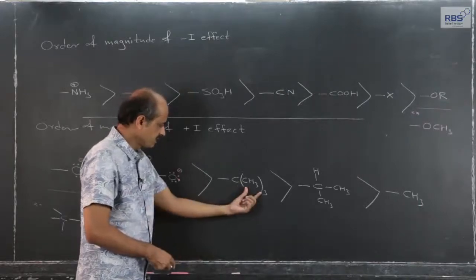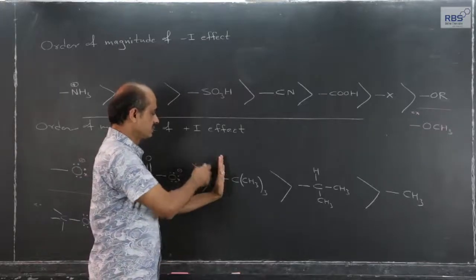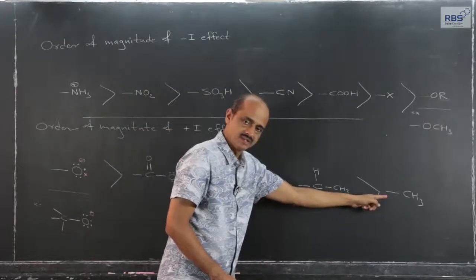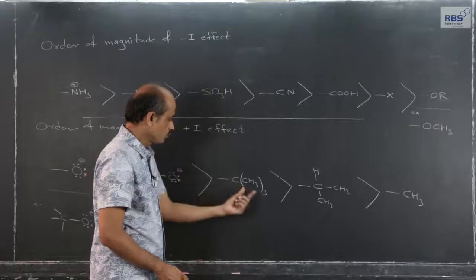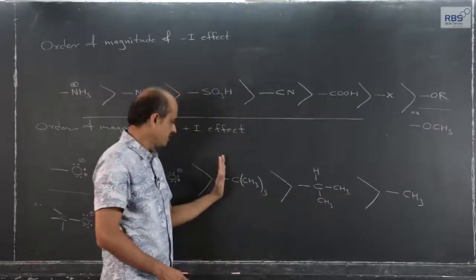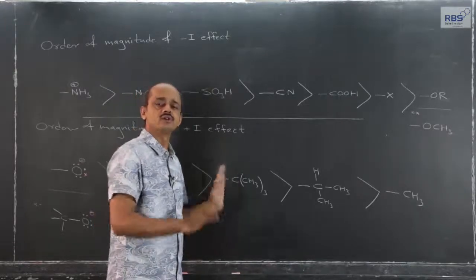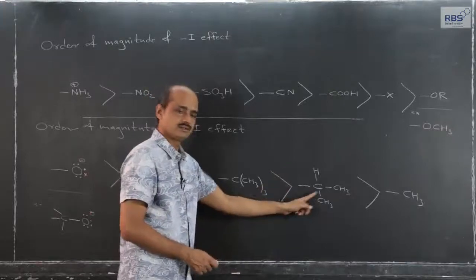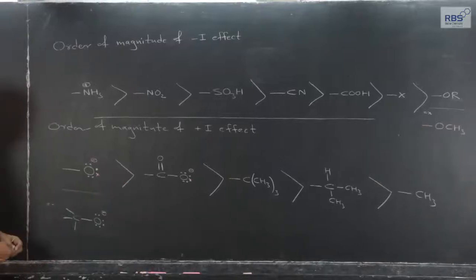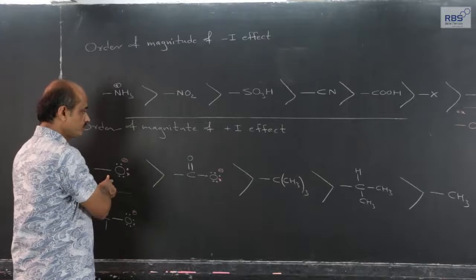This is 3 methyl groups attached to carbon, meaning this carbon which is bonded to carbon in a chain, tertiary carbon atom, secondary, primary, methyl group. So, the plus I effect of this group will be more than this one. So, a tertiary carbon directly attached to a chain will have a higher positive inductive effect, okay, than this. But these two groups, now this group which shows positive inductive effect